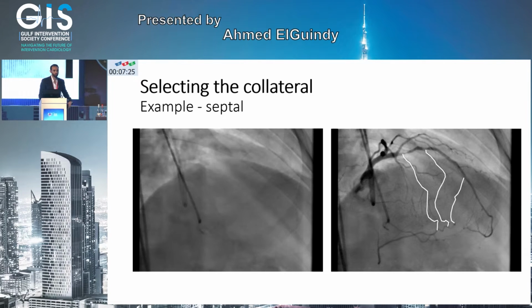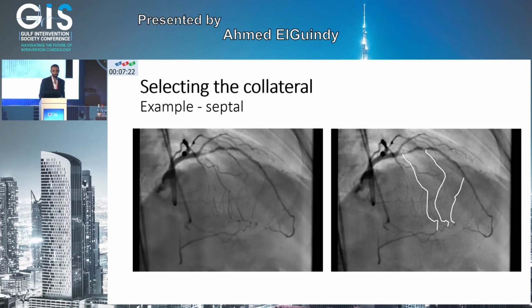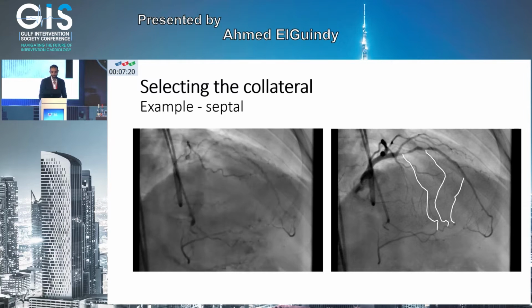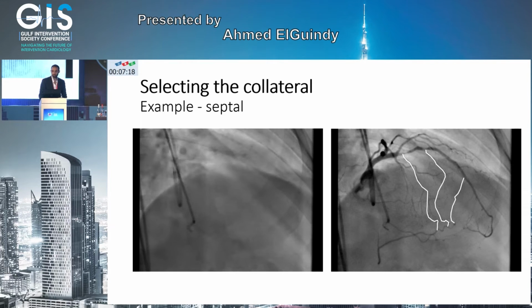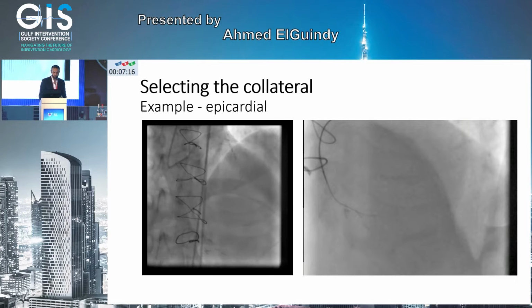You would want to avoid the very proximal ones and the very distal ones. The very proximal ones tend to connect to the PLA rather than the PDA. The very distal ones tend to have an epicardial course. Epicardial collaterals can be beautiful, such as this epicardial collateral around the apex,